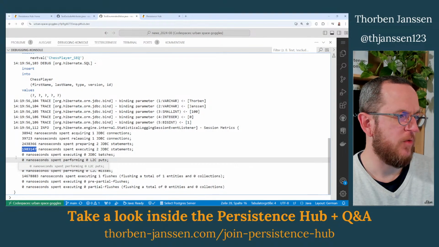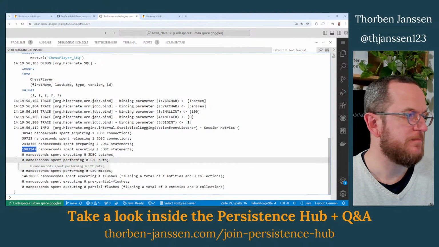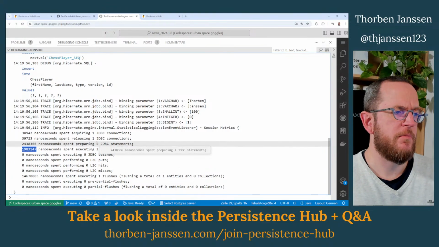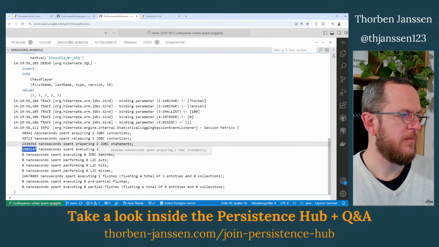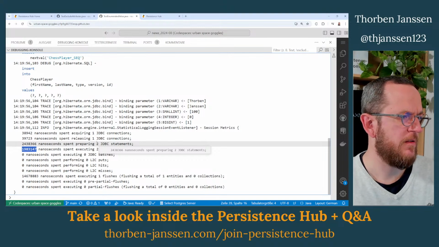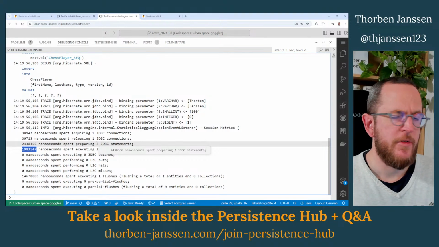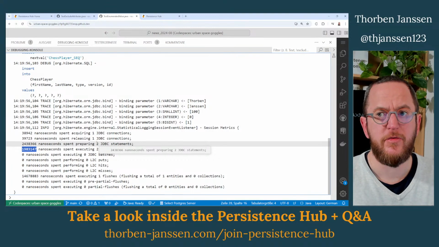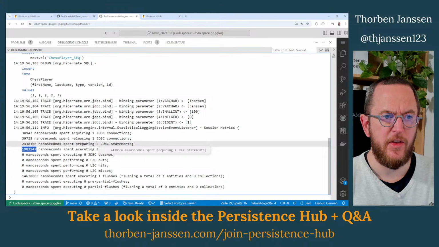So while I'm waiting for Fernando, timeouts. Yeah, timeouts are difficult. Timeouts are often more difficult than they seem.